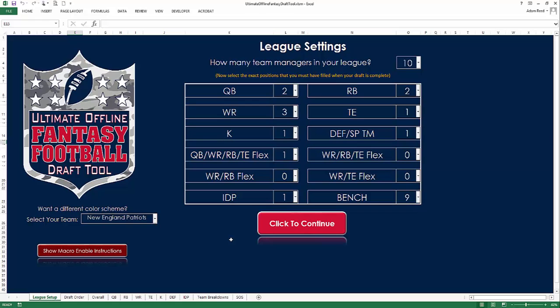So for today's example, I'm going to set up a 12-manager league. This is obviously going to vary from league to league, so you can set up a league that has anywhere from 6 to 14 managers. And you can use the drop downs to select the exact positions that you must have filled when your draft is complete. So in this case, I'm going to make some changes here, and we'll say that our league requires everyone to draft at least one quarterback, 2 running backs, 2 wide receivers, a tight end, a kicker, a defense and special team unit,